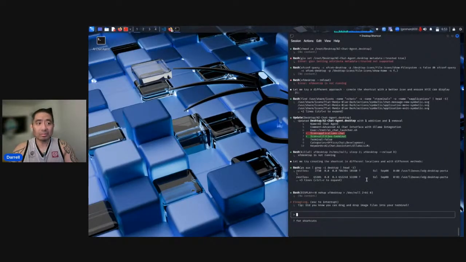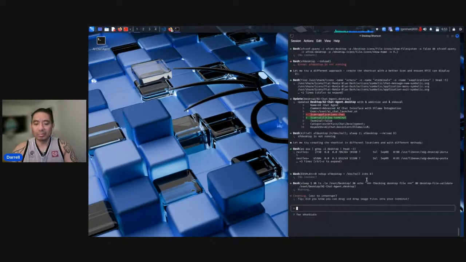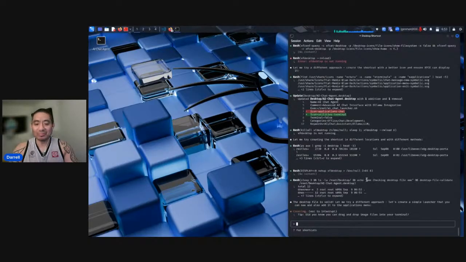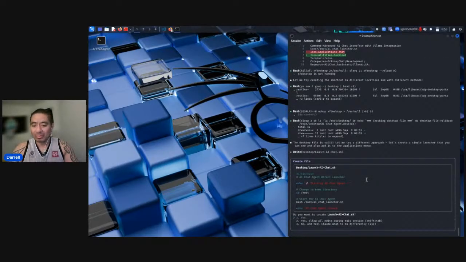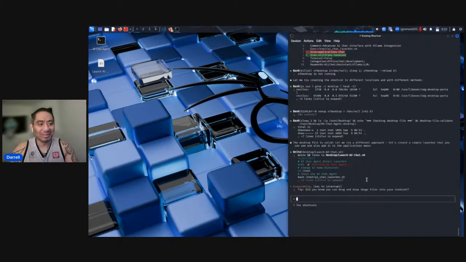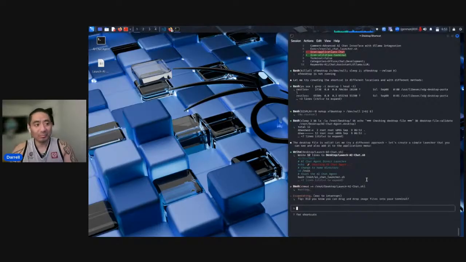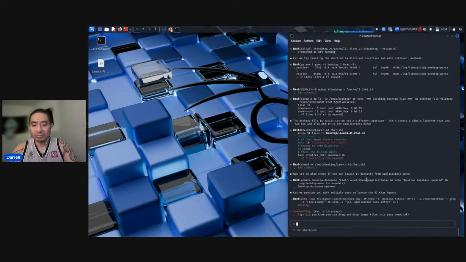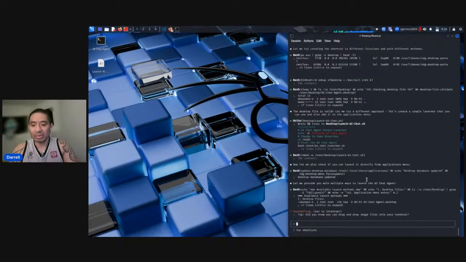Oh, there it is. So it wiped out my apps that I was showing earlier, which is interesting, because reading throughout the dialogue here, it didn't inform me that it would do that. So we'll see. But that's okay. I can always put them back onto my desktop screen. So I'm going to be testing if this thing actually does work.